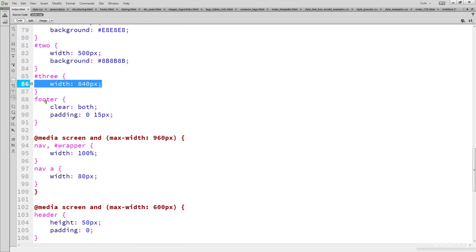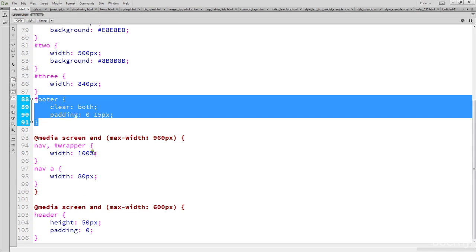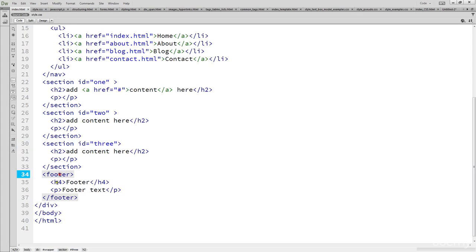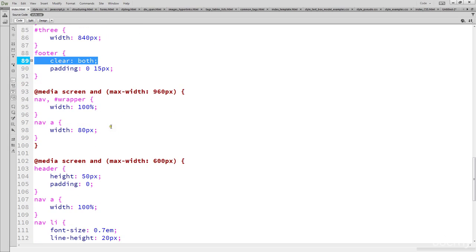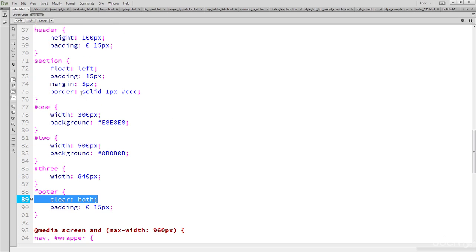And when we set footer as well, so we got our footer here at the bottom, so we've got our footer and we've got some ability to place some footer content in there. And then that's going to be all styled using footer. So here what we do have, we have